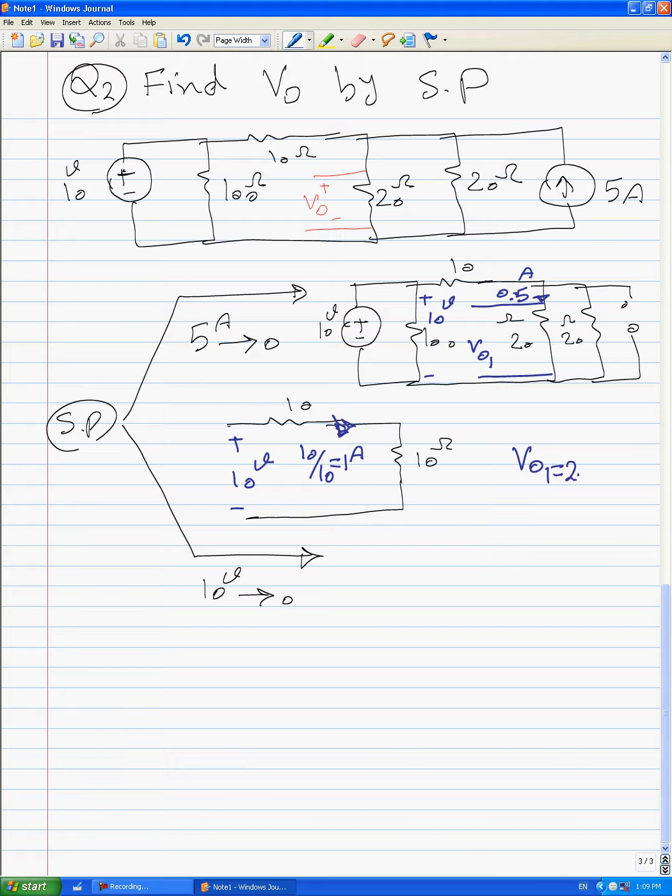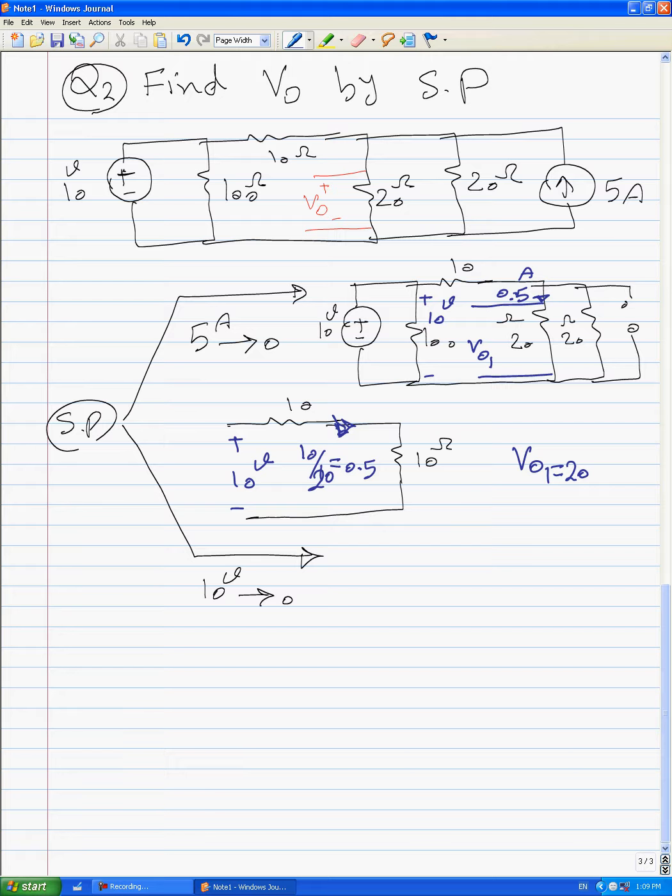Vout1 is equal to 20... sorry, this current should be 0.5, because 10 divided by 20 should be 0.5, and here we have 0.5, and 0.5